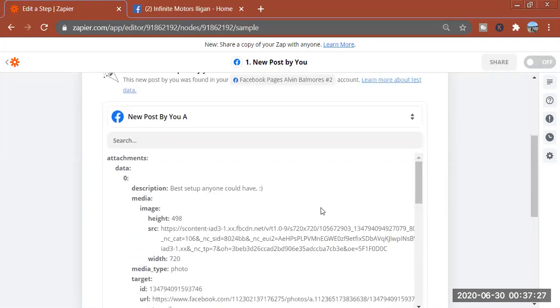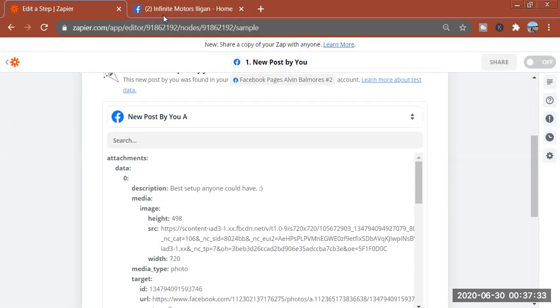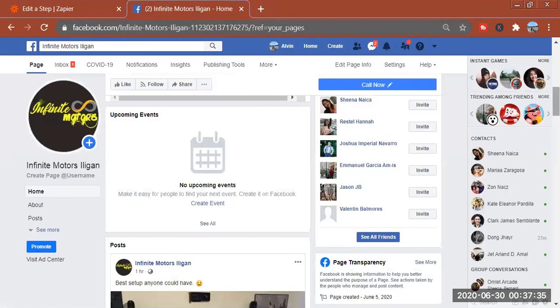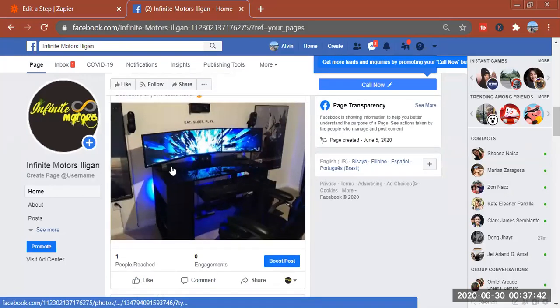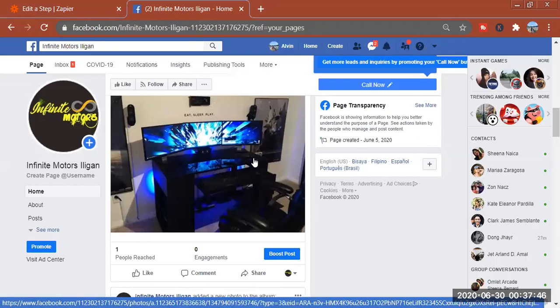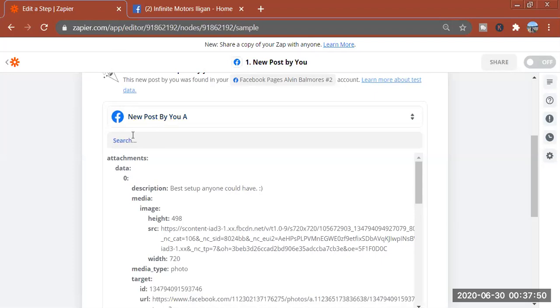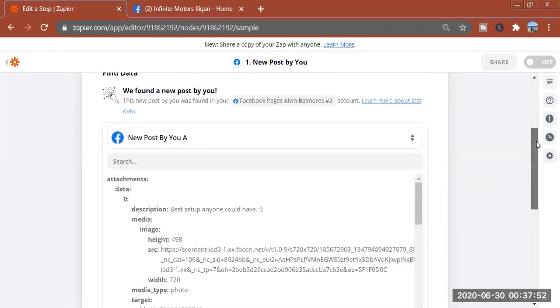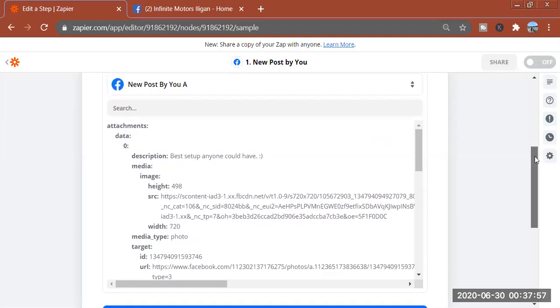So here, I just posted a while ago a picture of a computer setup, and it looks like this. Actually, this is what I uploaded an hour ago with the caption "best setup anyone could have" and a picture of a desktop gaming setup. So when I tested the trigger, this is what is displayed on